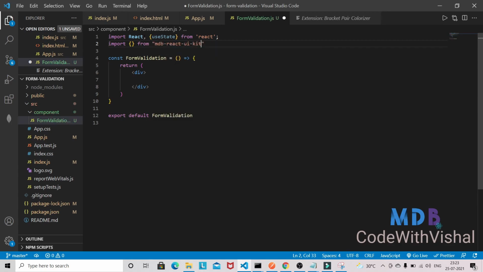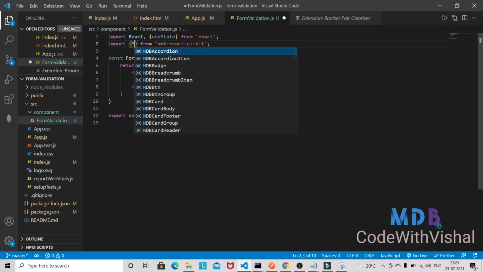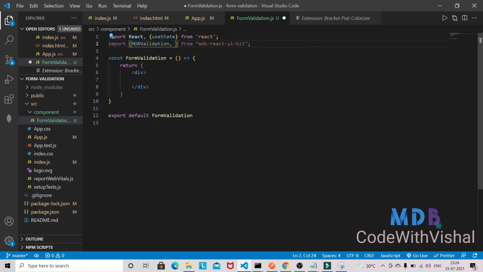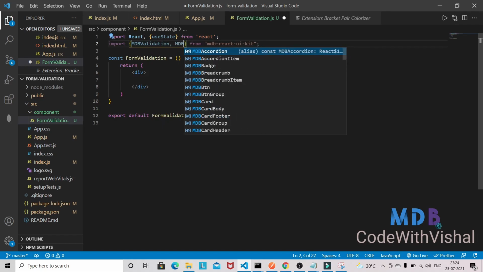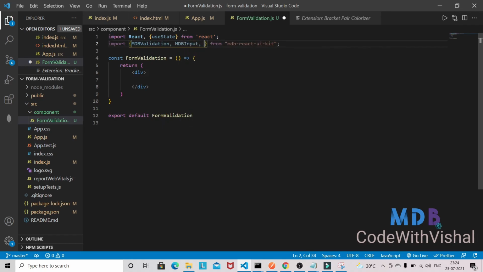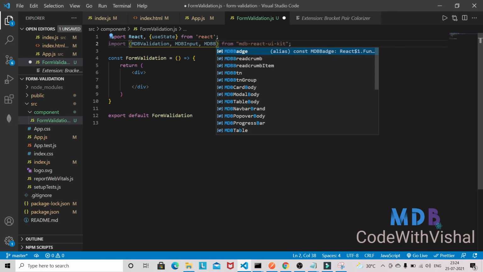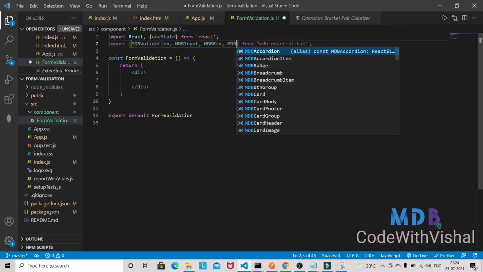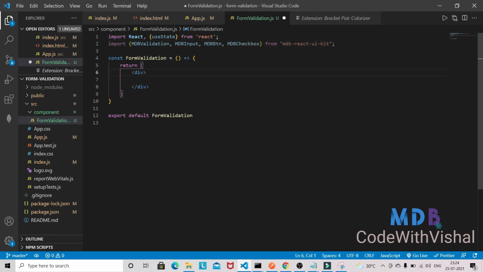So from mdb-react-ui-kit we need MDBValidation, we need MDBInput, we need MDBBtn as well, button, and MDBCheckbox also. Only four components are required to implement form validation with the help of Bootstrap Hive.